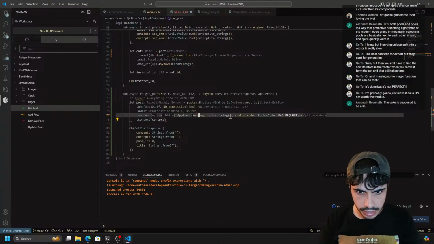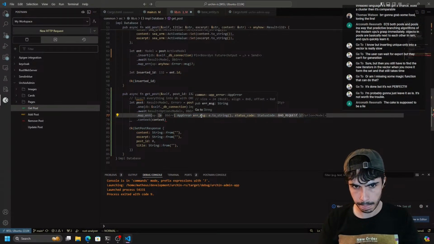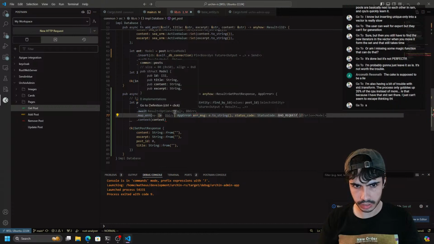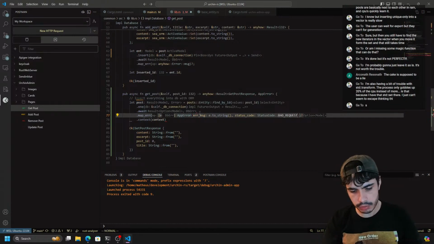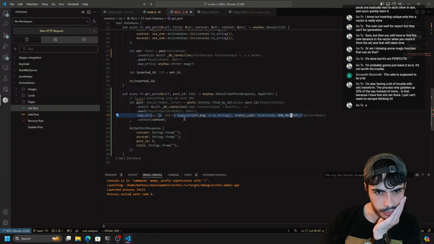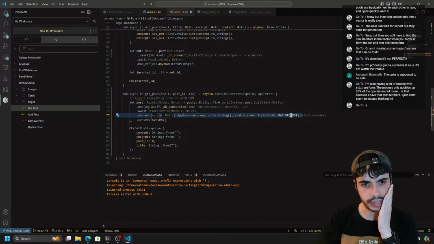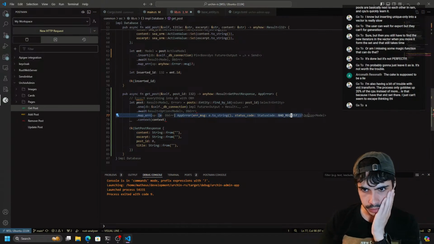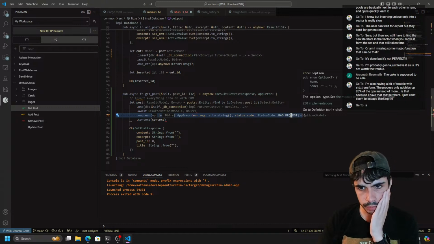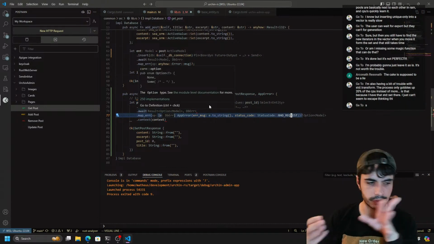So actually, this error here. Yeah, I don't know what to do, because when this error occurs, that means the database, we didn't find the thing on the database. Or does it? I don't know. Because I assume that if we don't find anything on the database, then this optional is going to be null. But then it also returns an error on top of that. So yeah,